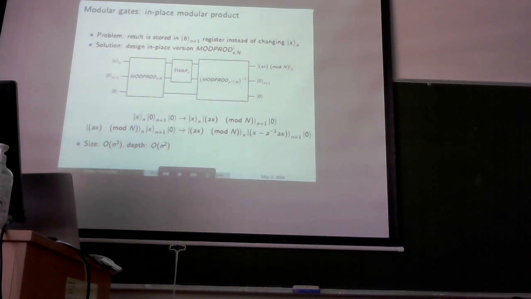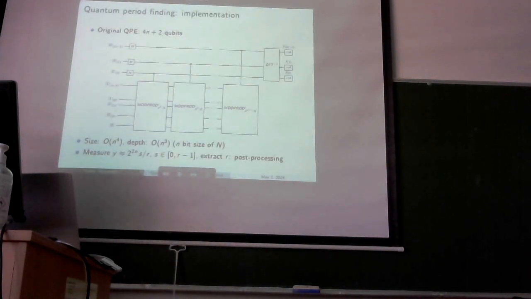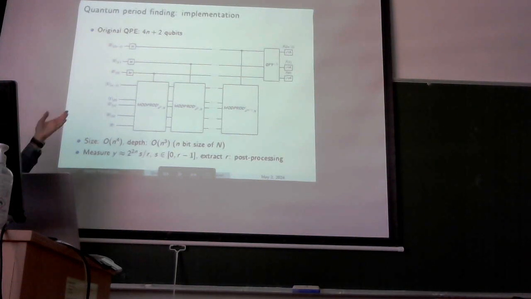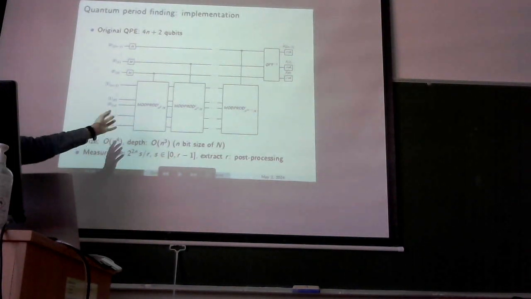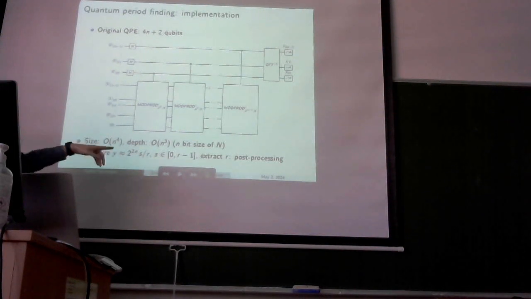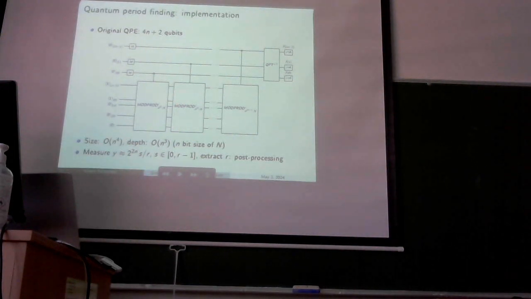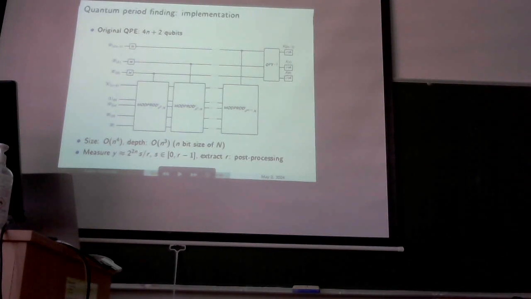Now, this particular implementation of quantum period finding is going to be essentially applying quantum phase estimation with this unitary that we got. Again, as I was mentioning before, we need extra ancillary qubits so that we can make this really a proper gate, despite the modular multiplication operation not being really invertible. So this is the idea. Since we are applying the order of n products, size and depth also get increased another power, and this particular implementation ends up taking 4n plus 2 qubits, where n is the bit size of our input number.